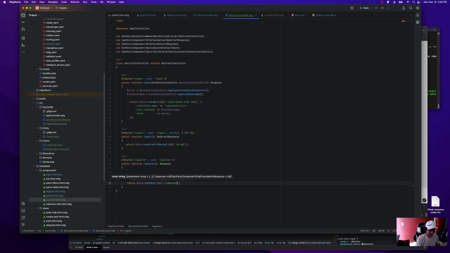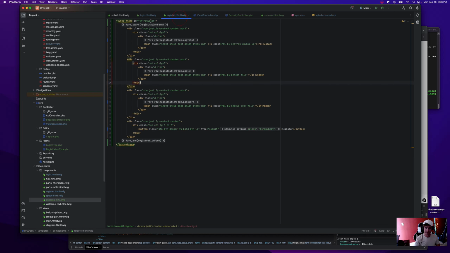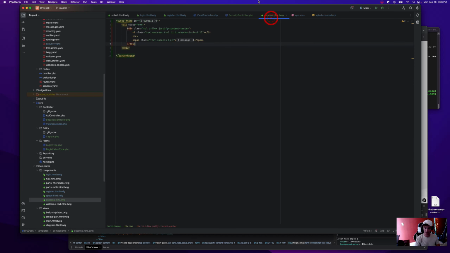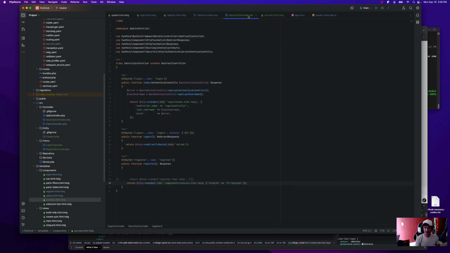Components, HTML.twig. The Turbo ID for this one is going to be register. You guys see what I'm doing here? Just using that to swap out any turbo frame, right? So TF register, this one is going to get replaced with the success message.